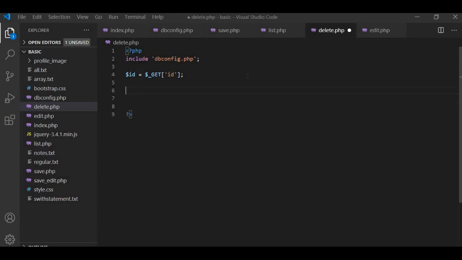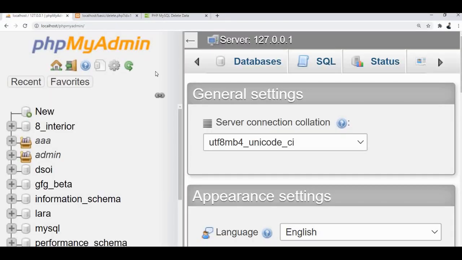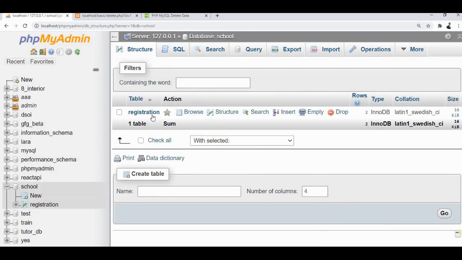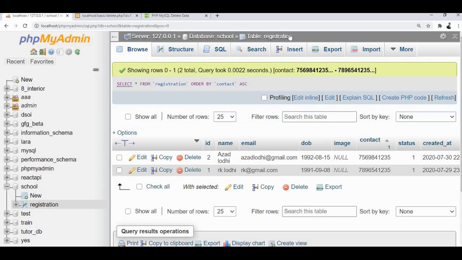So we will write our query here, sql equal to delete from your table name. So what's your table name? Table name is registration.